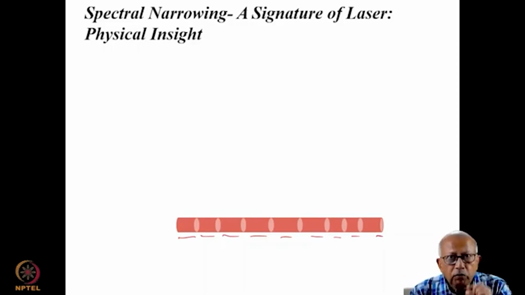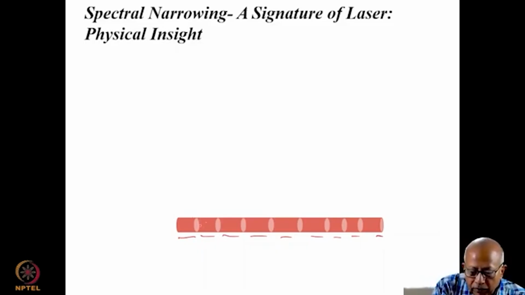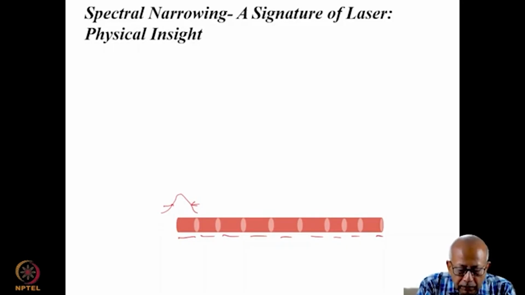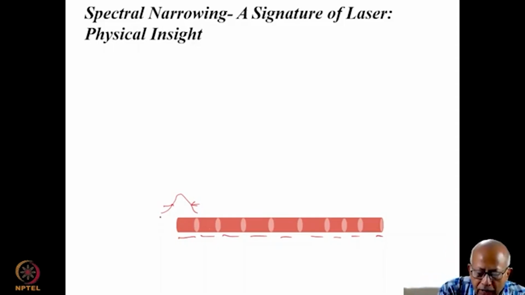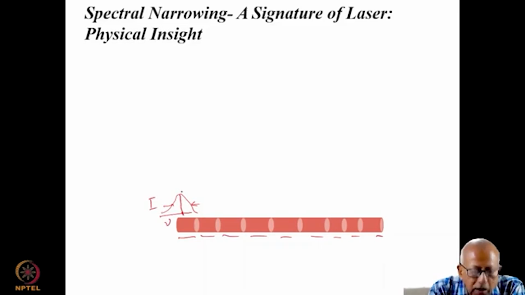Out of that, a small fraction of the photons which will be emitted along the axis of the ruby rod will appear now in this section. So first you have a spectral width of that emission. This distribution of photons will now appear in the second section. Now you see, this is the frequency, this is the intensity of fluorescence. At this frequency, the intensity is maximum; that is, the maximum number of photons are present at this frequency.